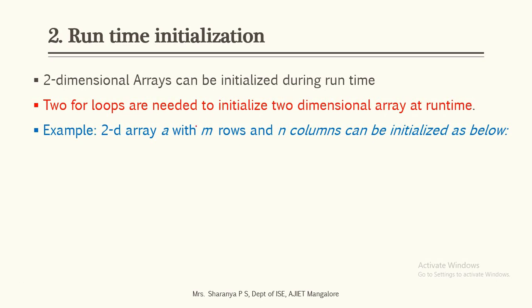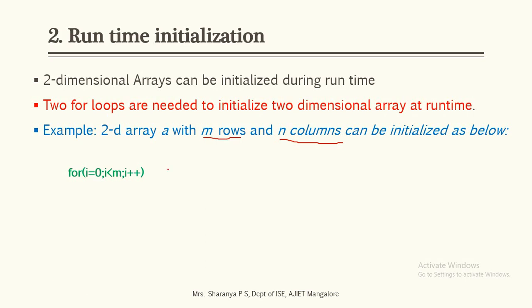Here, I will use m for the number of rows and n for the number of columns. And here we need to run two different loops, two different for loops. One is mainly responsible for displaying the row content and one more for loop for displaying the column content. As we discussed in the